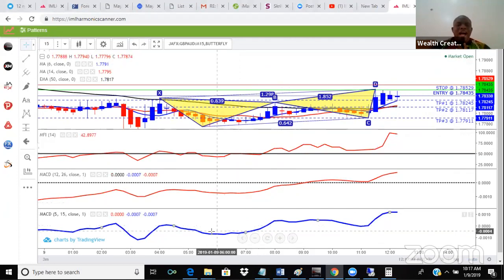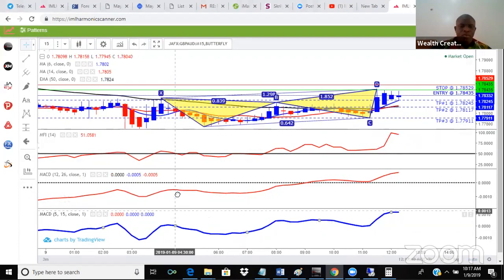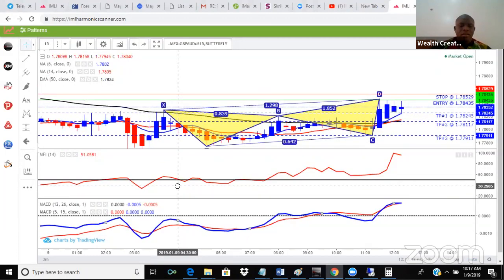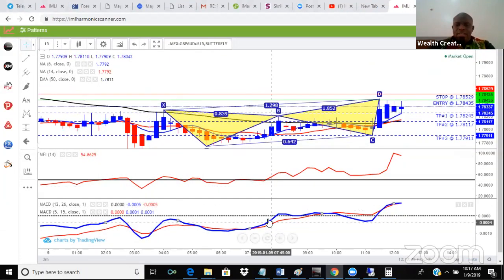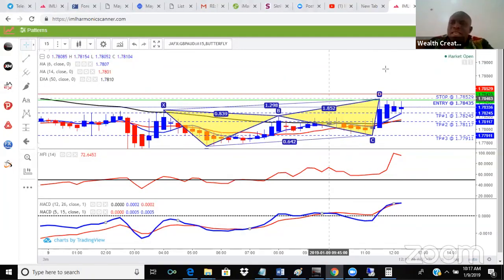I want to drag the blue above the red so that they can be in the same section. So I will drag this up. Look at it. I selected the blue line and I dragged it on it. So the window collapsed. Fantastic. So my system is ready to be traded.